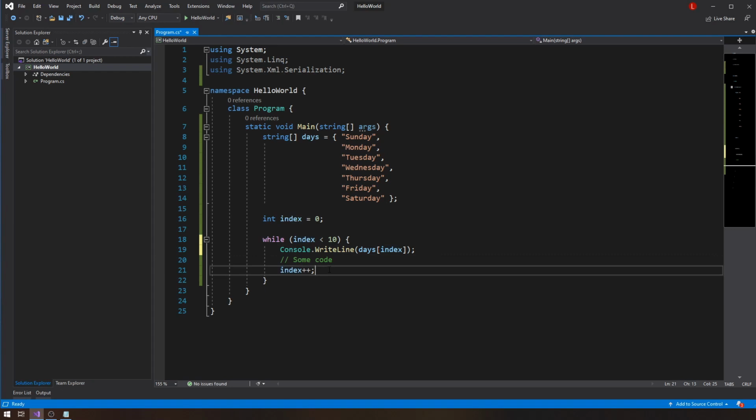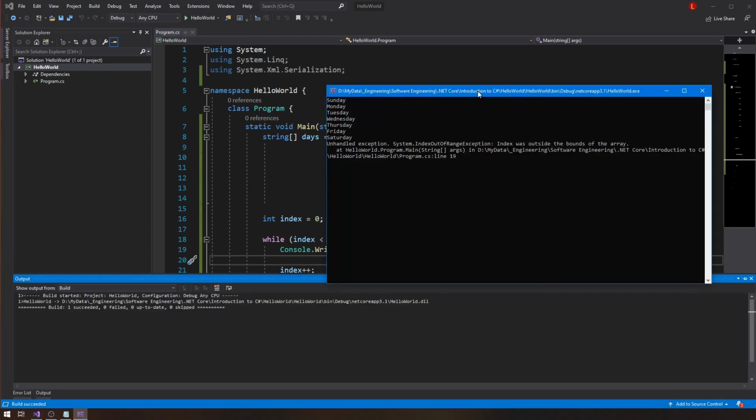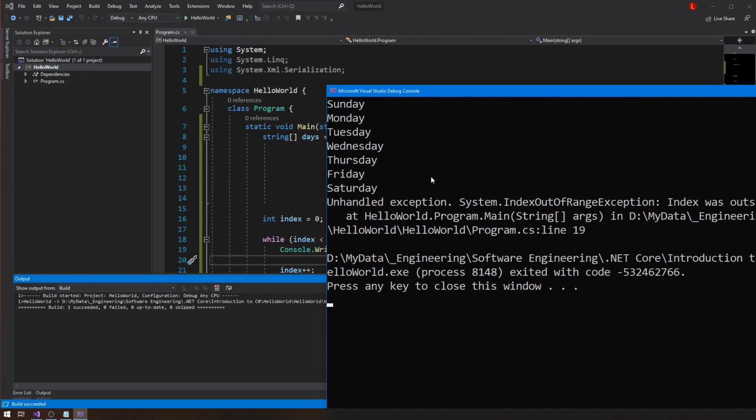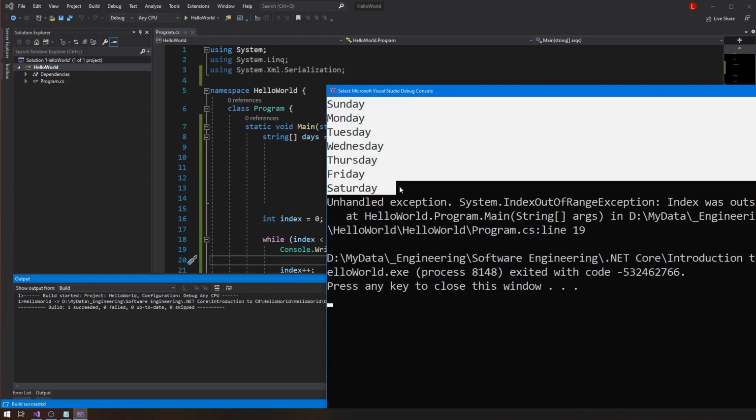And of course, I cannot forget to increment my index variable. Otherwise, again, I'll have an infinite loop, and that's not what I'm looking for in this exercise. So if I just go ahead and run this, here's my output. So what I get is all weekdays from Sunday to Saturday, except there's a bit of a problem,